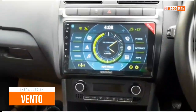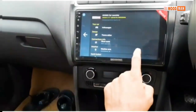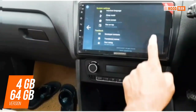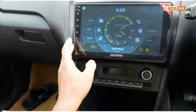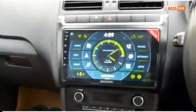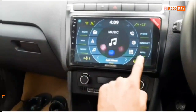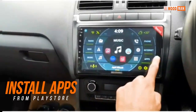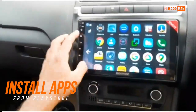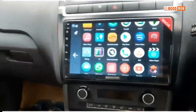The reason I chose this is the specifications. It comes with 4GB DDR4 RAM. You can see here, 4GB RAM and an Intel octa-core processor, and it's a pure Android music player, so I can customize as much as I can, and I have installed as many apps as I like, and Chrome, Google, Google Maps, Play Store are there, so you can install whatever